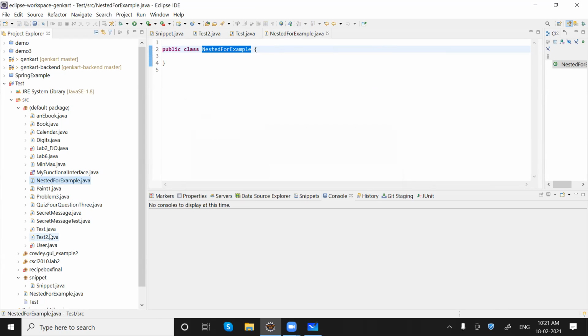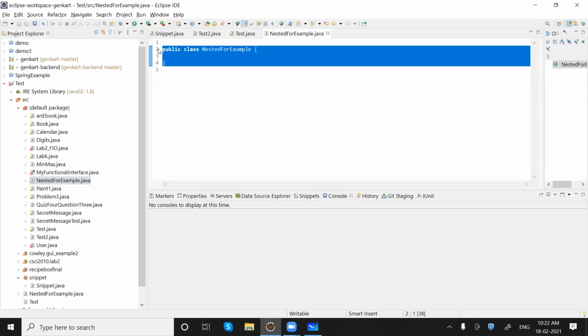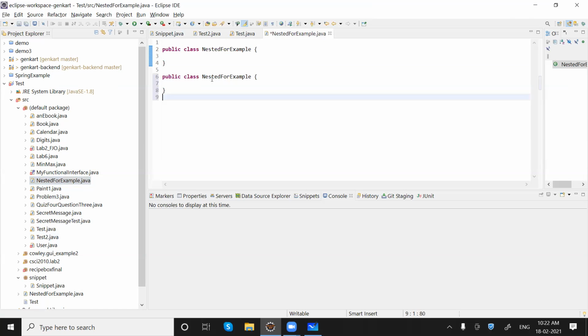So make a note, in a Java file only one class can be public, and it is the one from which we are saving that Java file. For example, if I want to define one more class here, let's say xyz, you can see it is saying the public type.